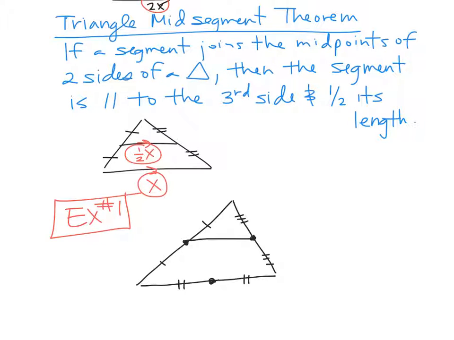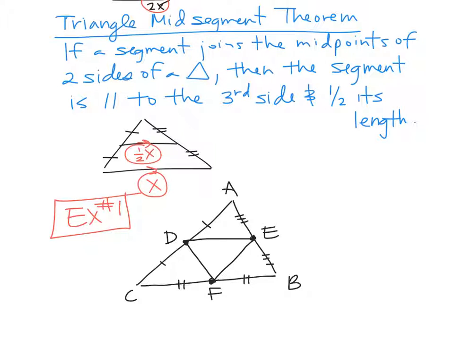I'm going to connect all of those. So technically right now I have three midsegments. I connected the midpoints and got my midsegments. So if this is A, B, C, and then D, E, and F,